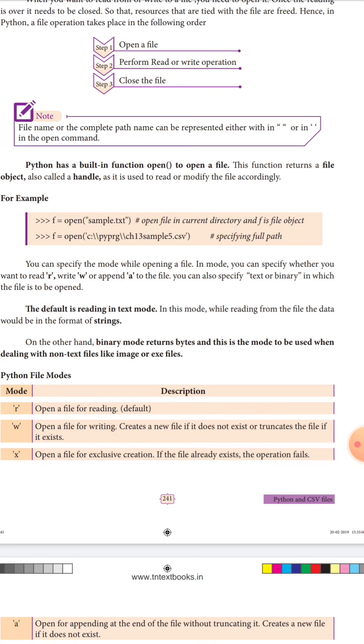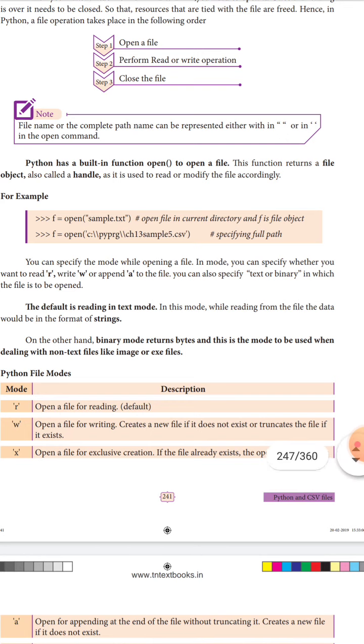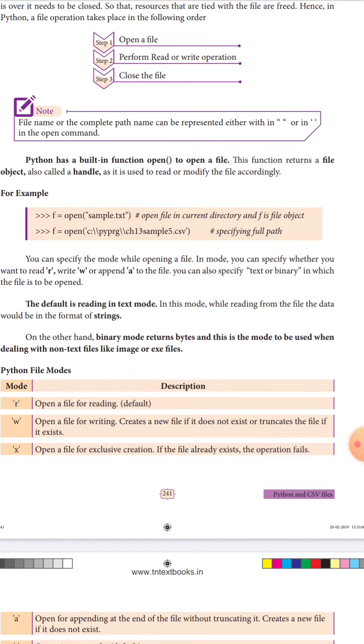In this mode, while reading from the file, the data is in the form of strings. On the other hand, binary mode returns bytes, zeros and ones, where all data, characters or strings are converted to codes. It is used when dealing with non-text files like images.